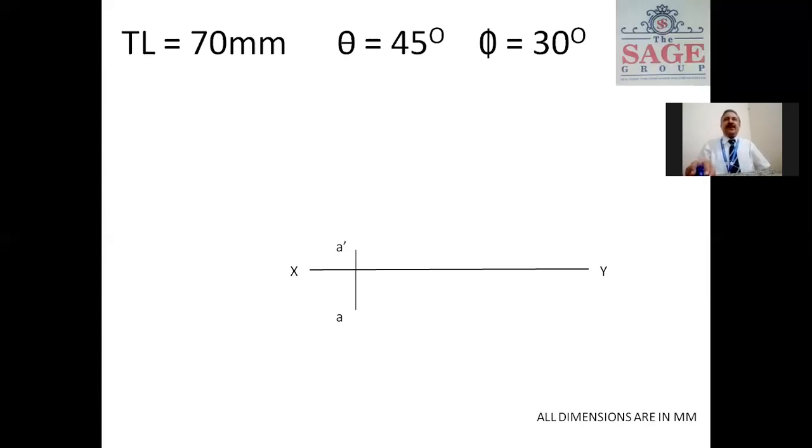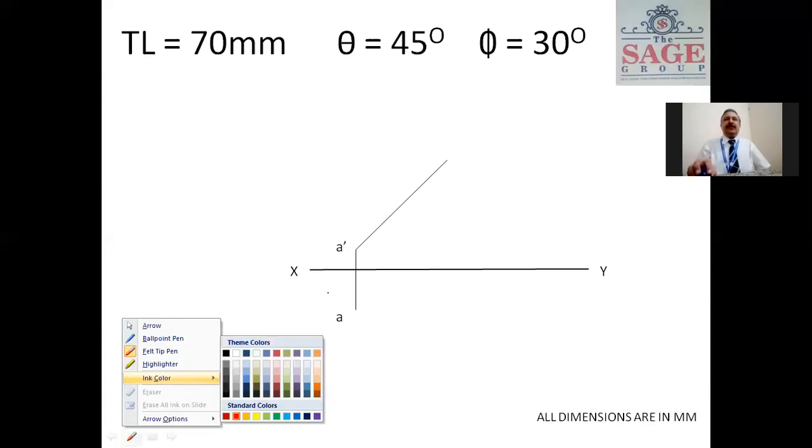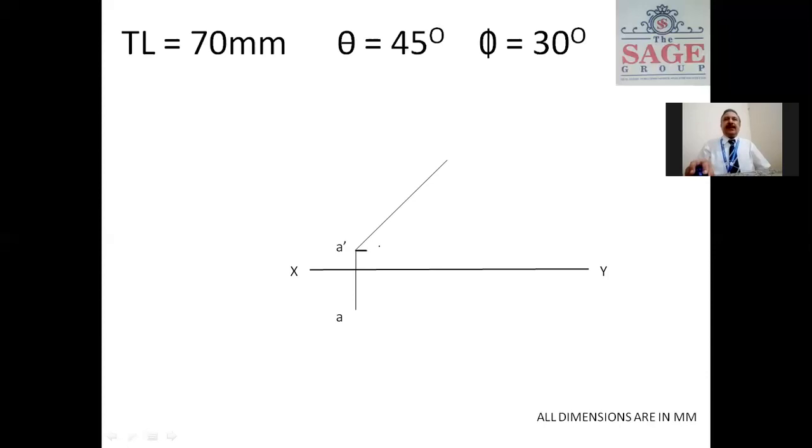Now first draw the theta angle, that is the 45 degree angle, meaning the inclination from HP. So this is our angle theta, that is equal to 45 degrees. And we mark here the length of the line, that is 70 mm. So we get point